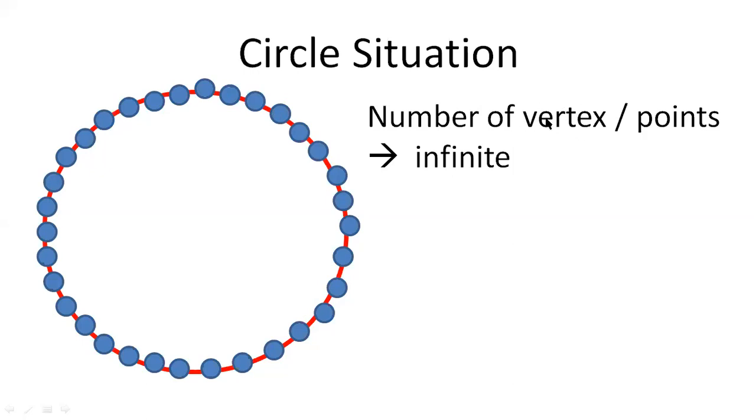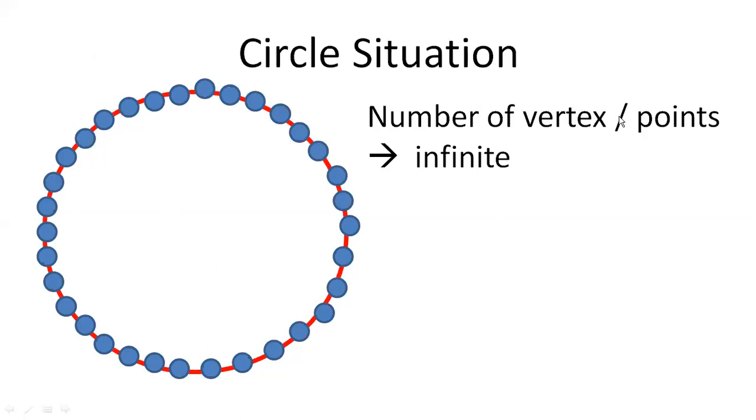It generally doesn't have vertices. Vertices are only for corners. But for our understanding, we will say vertex. Okay. Actually, vertex is not used for a circle, but we'll just use it. So how many points does it have? Infinite points. You can see infinite points are available on this circle.